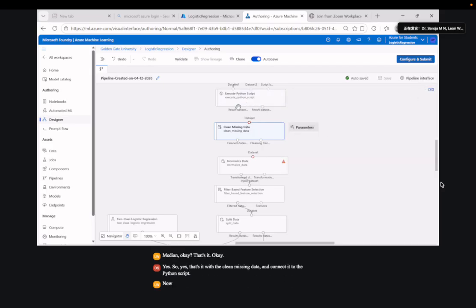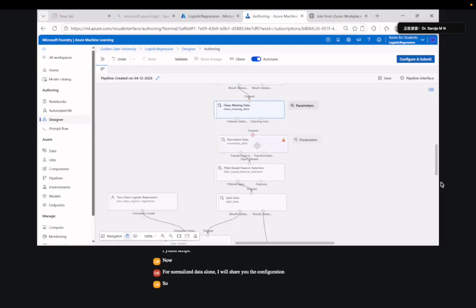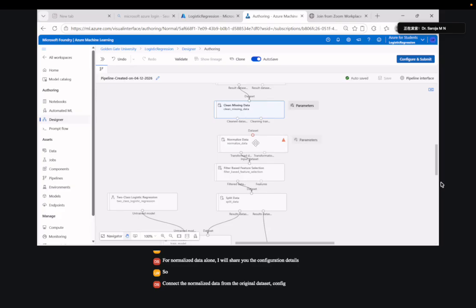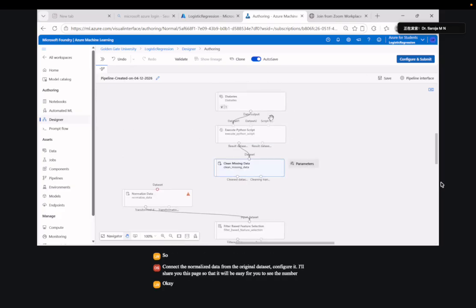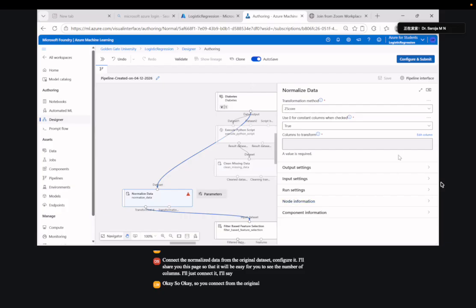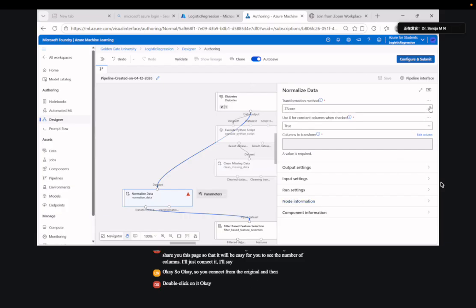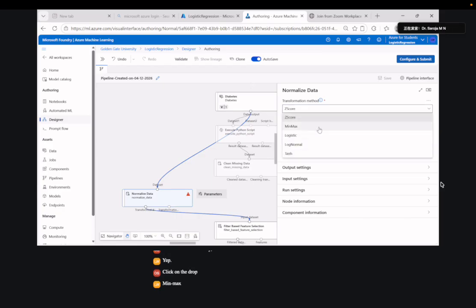For normalized data alone, I will share you the configuration details. Connect the normalized data from the original data set, configure it. I'll share you the screen so that it will be easy for you to see the number of columns. Or just connect it. So you connect from the original. Double click on it. The transformation method is min-max. Click on the drop down, select the min-max,